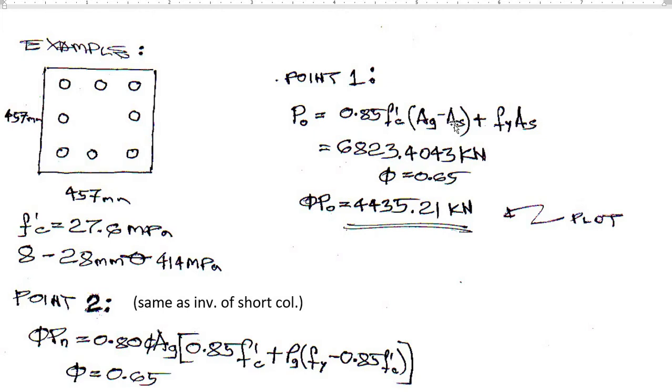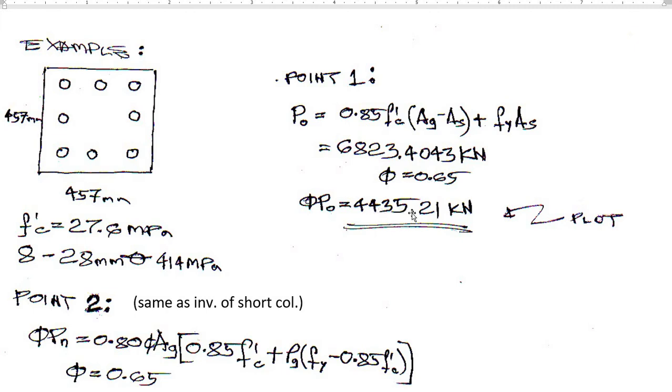Ngayon, yung AS mo, that is the area of all rebars, which is 8 pieces, 28 mm. And then plus FYAS. Notice na this is in Newton. You have to divide this by 1,000 para maging kilonewton. And then you have to multiply this by phi, which is 0.65, para maging